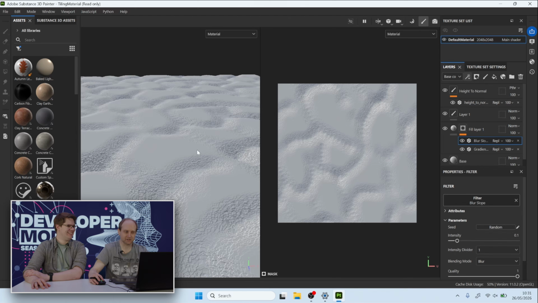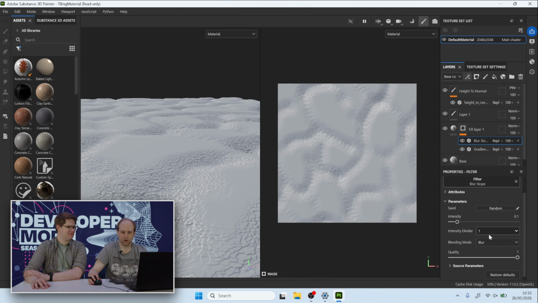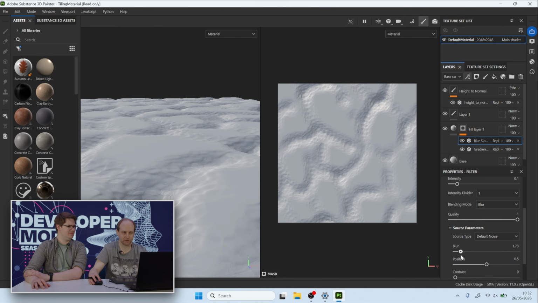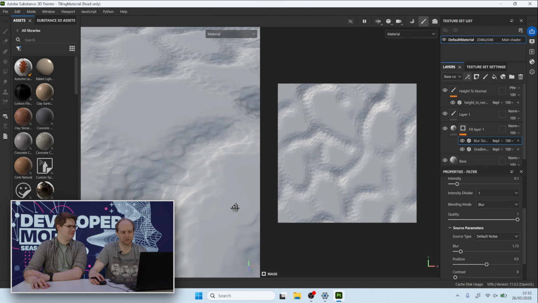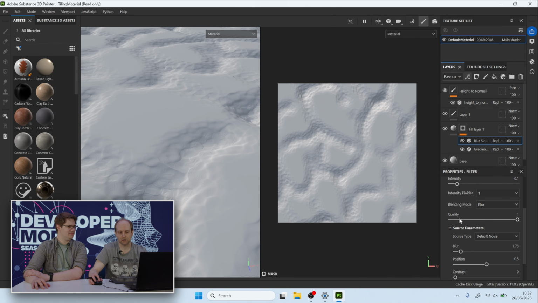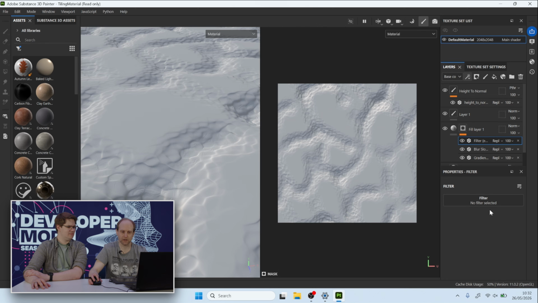So by default, it's kind of like a little bit noisy, and you will maybe see that. But that's kind of part of the functionality that I want. I quite like that, because I can then maybe just blur it a little bit, and then we get this kind of random lumpiness, basically. And we started to maybe get something that could be a little bit more functional overall. And obviously, we can adjust the intensity. For this one, I think it matters which way we go, but it will matter when we start to put the next one in. So let's do the same thing again